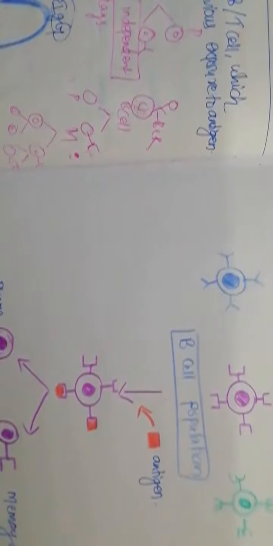This is also a very, very important topic. In the section B part, you can expect this question, primary and the secondary immune response. One more topic is given in the syllabus, that is clonal expansion. Okay, so already I told you what clonal expansion is. For clonal selection or clonal expansion, I have given the diagram.